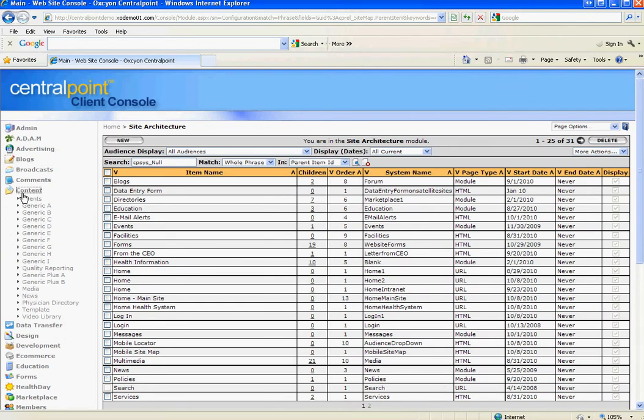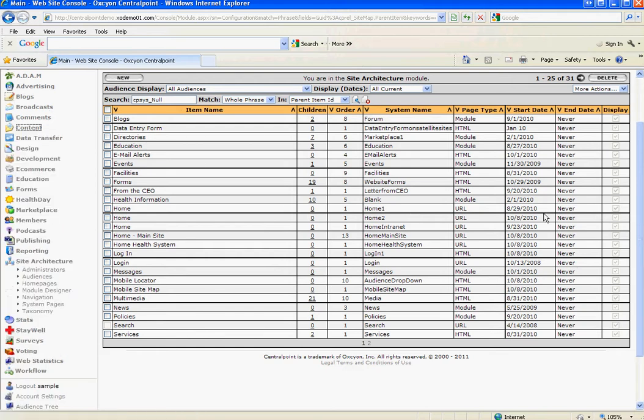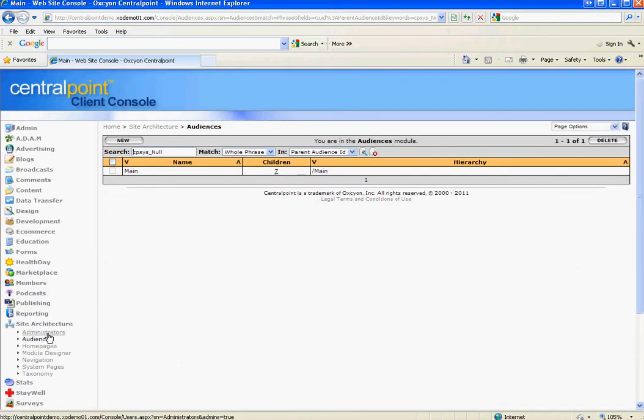So always be sure when you're setting up a new site administrator, please select the modules that belong under the parent category as well as the module. Another thing you may want to note, if you're having difficulty with this process, is that the audience that you're